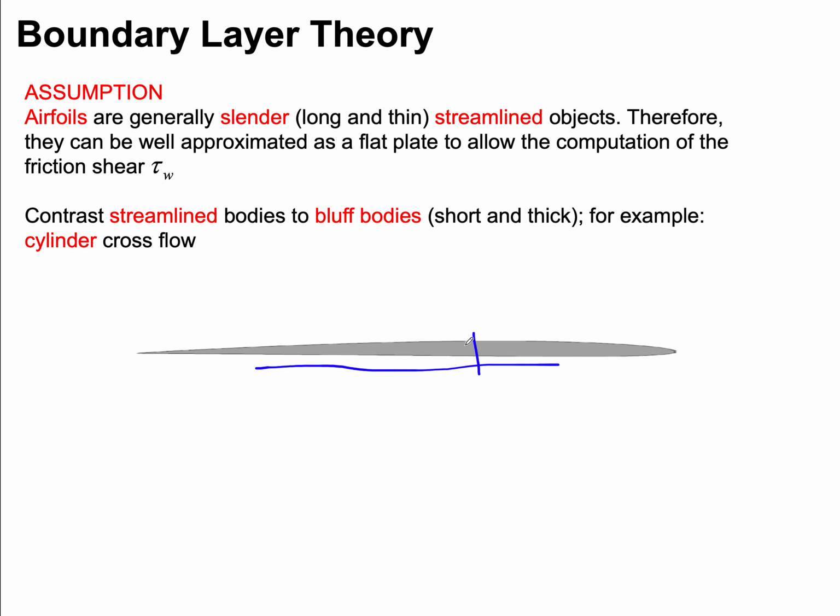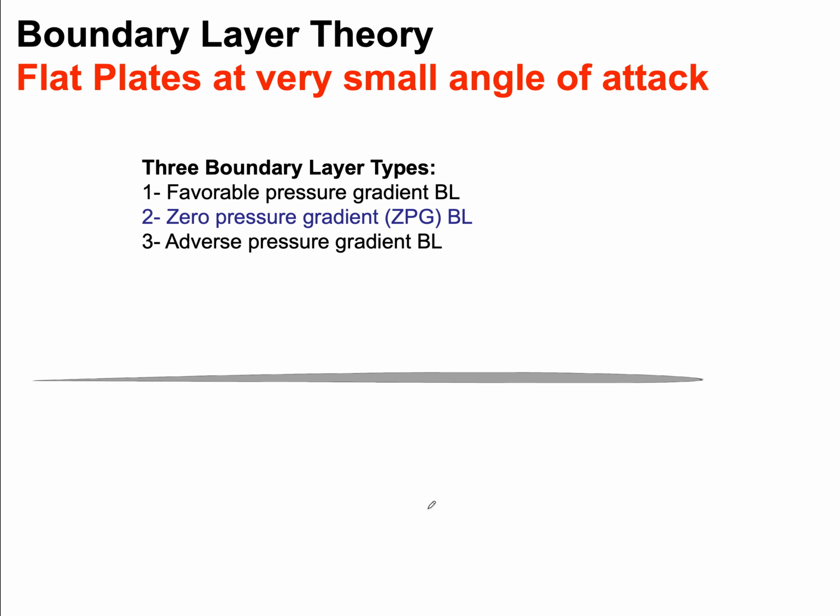So for our first stab at the boundary layer theory, let's deal with airfoils as flat plates. We're not dealing with airfoils as circles or bluff bodies like circular cylinders or spheres. We're treating them really as lines, that is flat lines. So they don't have an angle of attack. The flow is coming parallel to